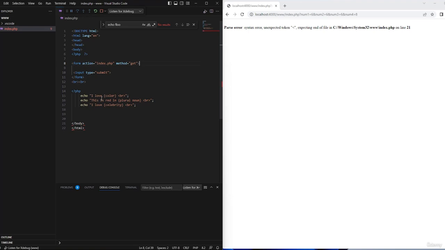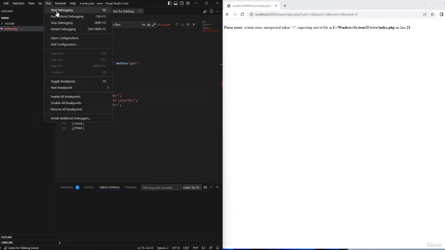And then we have our br. So in between them, we have our echo, which is color, then plural noun and celebrity. Even though I didn't put in the content, that is why it's showing me this parse error. If you see that I remove this, those contents will appear over here. Okay, so let me just show it to you for an example. So I'm going to cut it off. I'm going to press Control Z